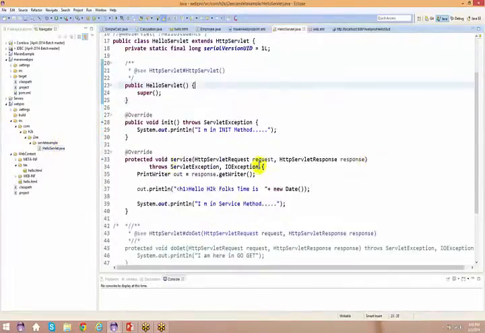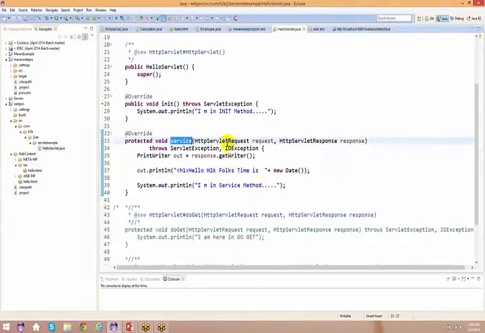Okay, so we basically spoke about a generic service method, that is your service, and which takes your HTTP request and HTTP response. So request is, till now we haven't seen what is the use of request. We have only spoken about what is a response. So you can see here, the moment you give a request, so that means from your browser you give a request, the request comes to the service method.